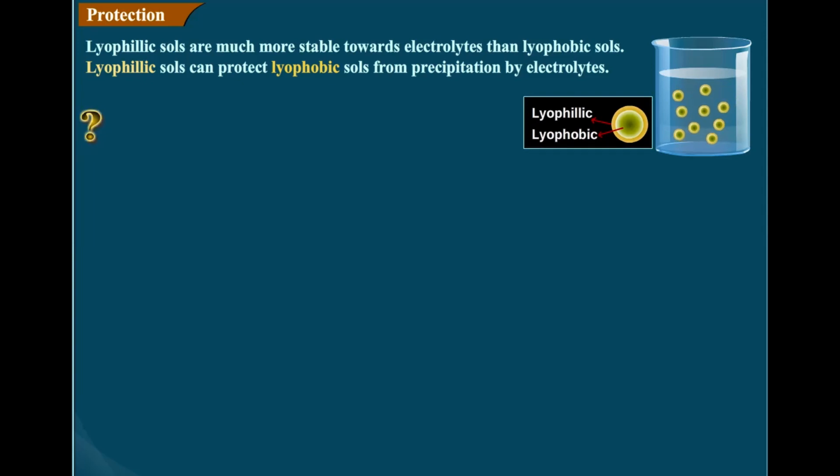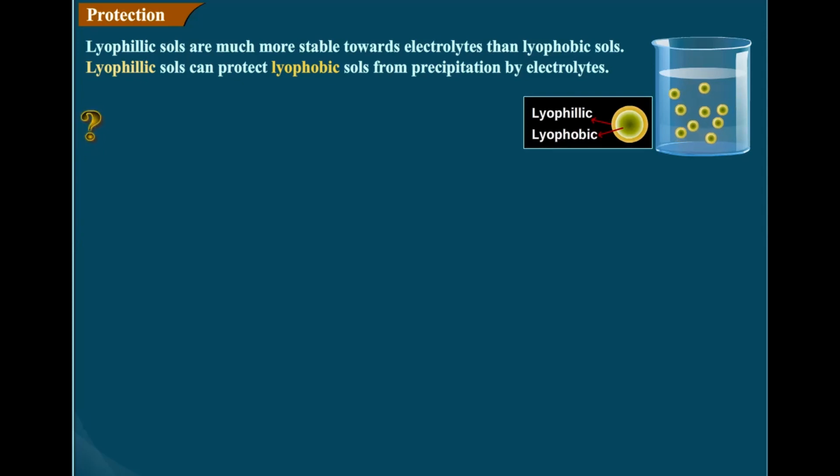They have similar charge, so it is stable. The particles are solvated, that is, they have a covering of the solvent, and that is another reason for their stability. When these 2 factors are removed, that is, when the charge is removed and the covering of the solvent around the particle is also removed, a lyophilic sol can be coagulated. This is done first by adding an electrolyte. When you add an electrolyte of opposite charge, it will neutralize and coagulation will take place.